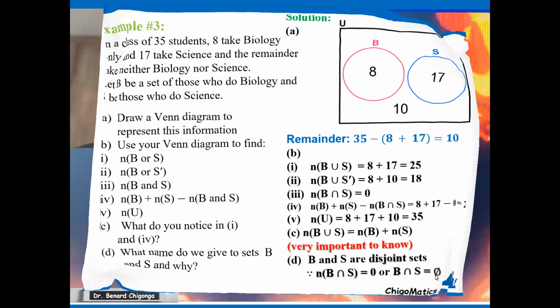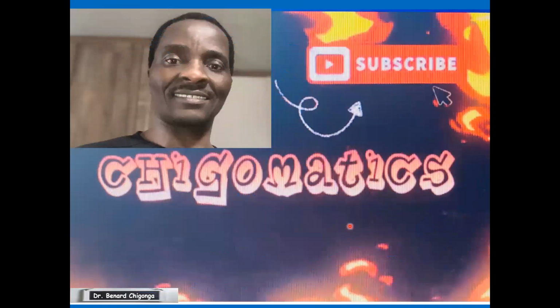Okay. With that, that was basically what I wanted to let known in terms of given information, how I am supposed to represent it on a Venn diagram. Then after representing that information in the Venn diagram, can you answer questions using the Venn diagram? And I think I have achieved